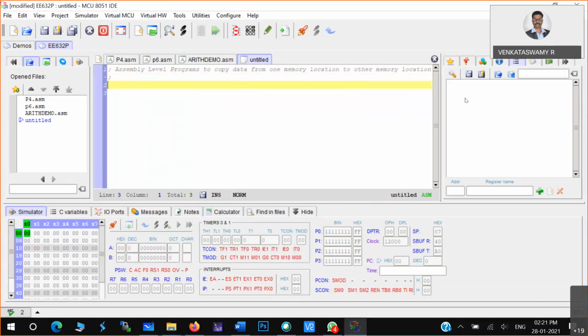Also, when you write a program, put your name as author, and put the date also, maybe 28-01-2021. Then let us start the program.